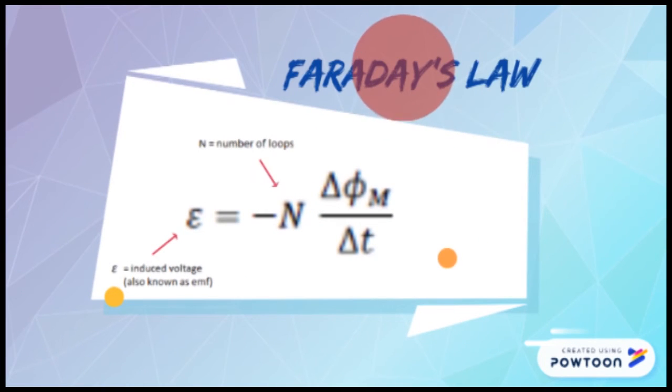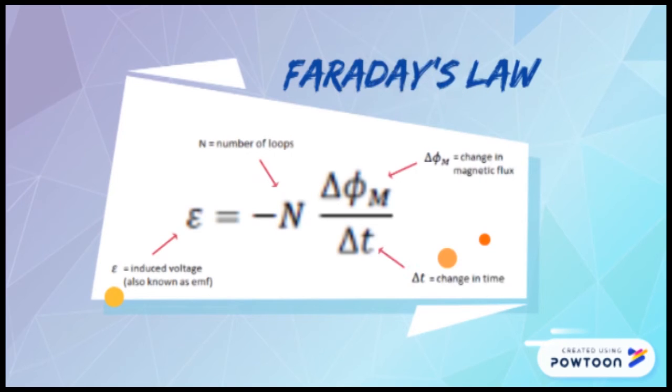Faraday's law stated that the induced voltage, which is also known as the EMF, electromotive force, is the negative product of the number of loops of the coil and the derivative of flux as a function of time. From this